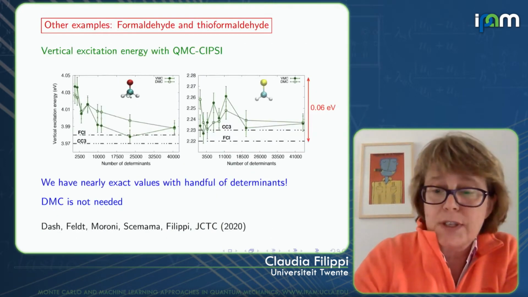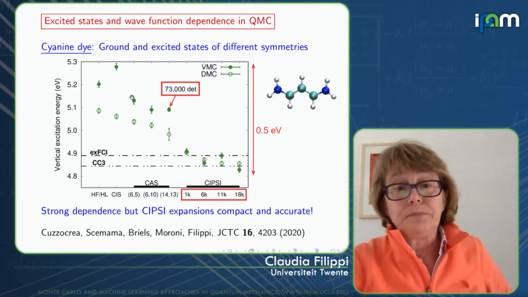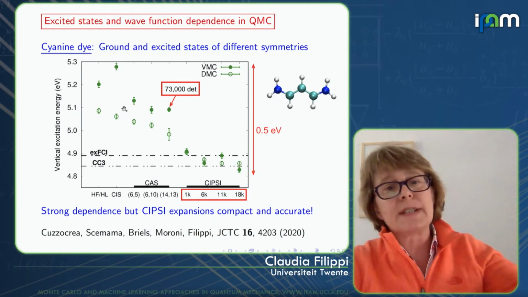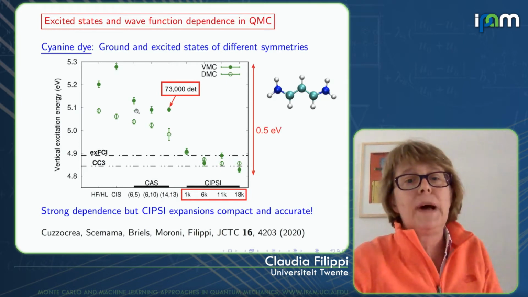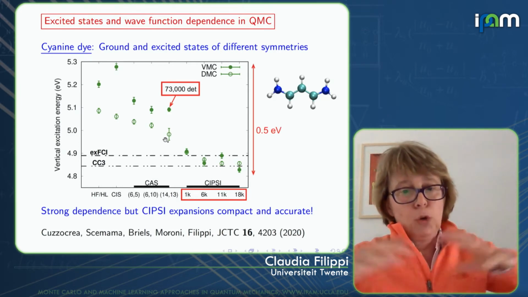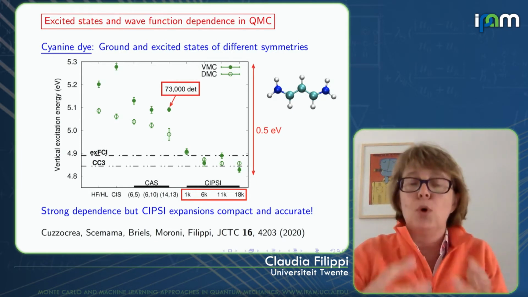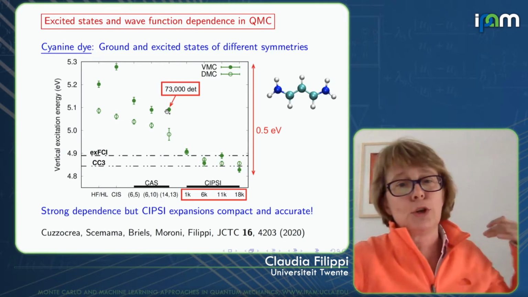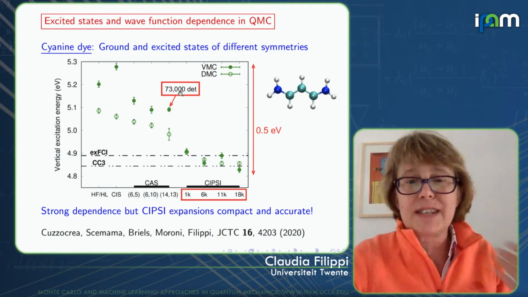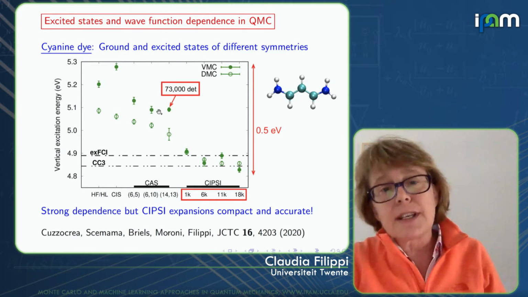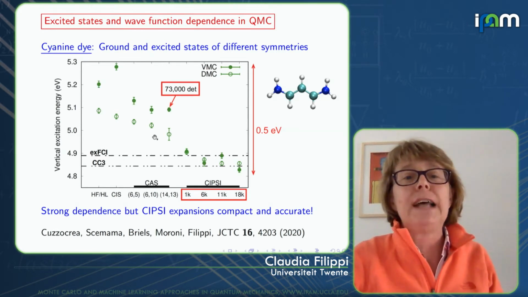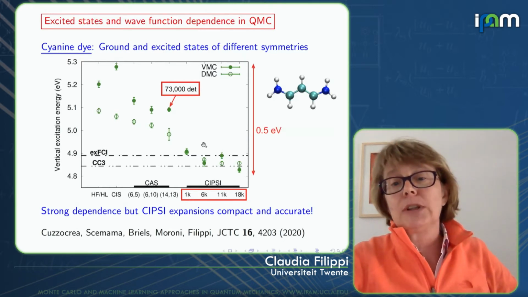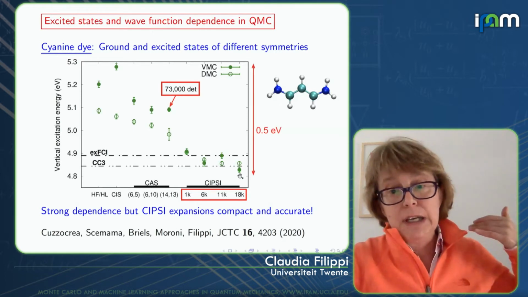Then I can do a CI singles, I add the singles, my variational Monte Carlo worsens, diffusion Monte Carlo perhaps somewhat better, and then I can go to these complete active spaces. So they're full CI in a small set of orbitals. I can include the pi, I can include more pi, I start to include the sigma, I truncate. I have 73,000 determinants. The VMC is slowly but surely going down. Diffusion Monte Carlo helps, but I'm still far away. And here what I'm showing is the result of actually doing a SHCI expansion.